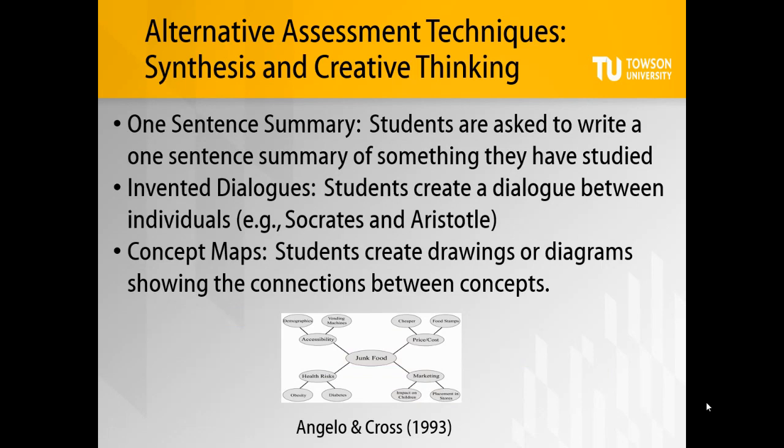These alternative assessment techniques would be appropriately used to assess the student's ability to synthesize multiple sources of information or to think creatively about what they've learned. The one-sentence summary technique asks students to summarize something that they've studied. Summaries must be a single, grammatically correct sentence and include who does what to whom, when, where, how, and why